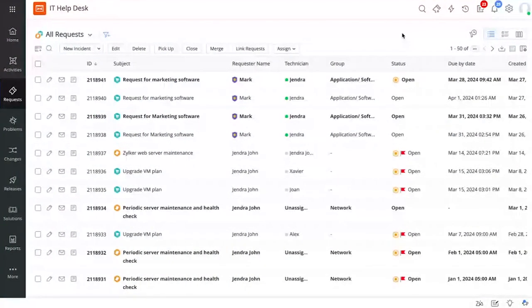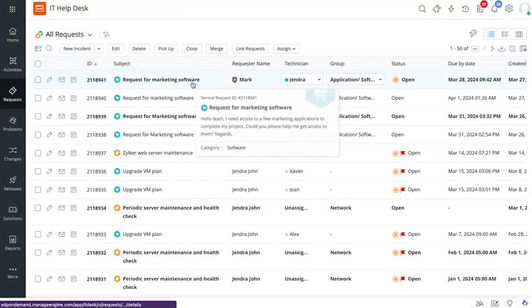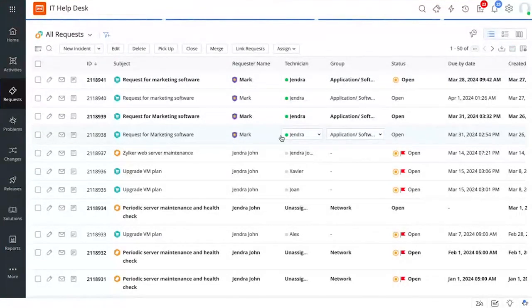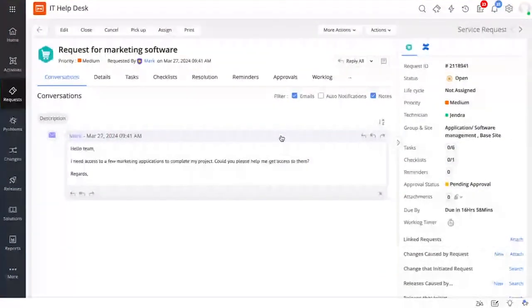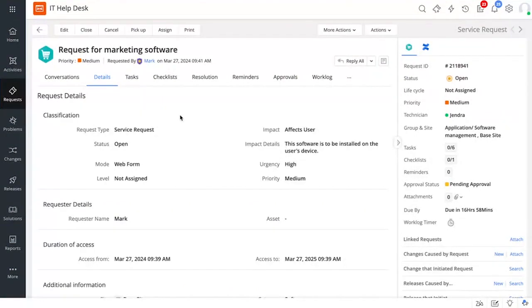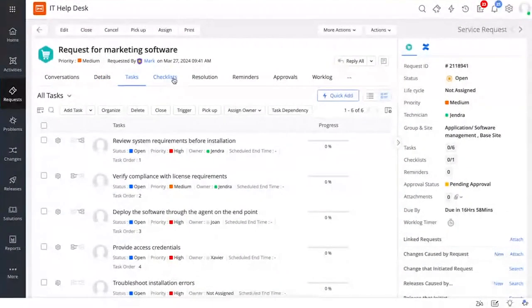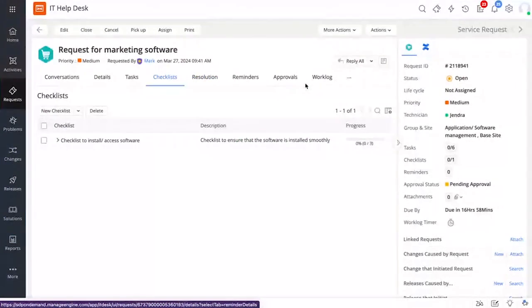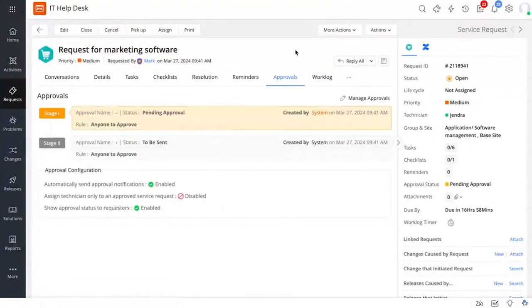This is the technician view, and this is the request list view. This is the ticket that I raised as an end user to request for different kinds of marketing solutions. Now, as a technician, within the ticket workspace, I get a complete overview of this software request under the Details tab. I can also track the SLA associated with this request. Besides this, I can track the different tasks, the checklist, as well as the approvals required to kickstart the request